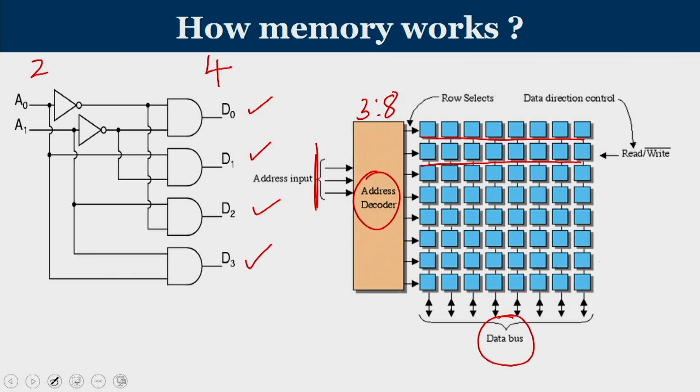So, when you use larger memory, naturally it is supported with the help of a bigger decoder with more number of inputs and outputs. So, decoding will take more amount of time. When you give an address, it will take more time if it is a bigger decoder, so addressing smaller memories is much faster than addressing larger memory because of the size of the decoder that is being involved.